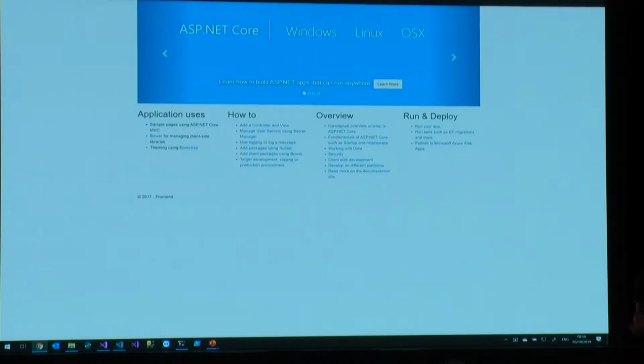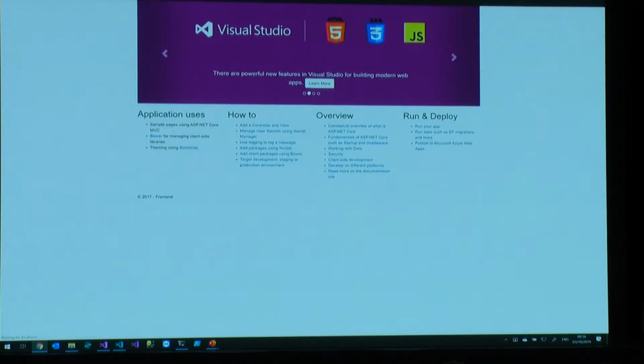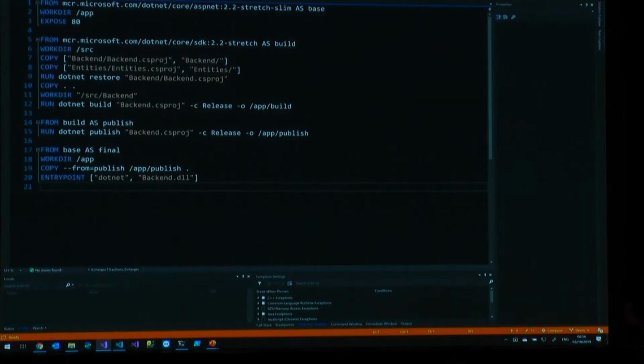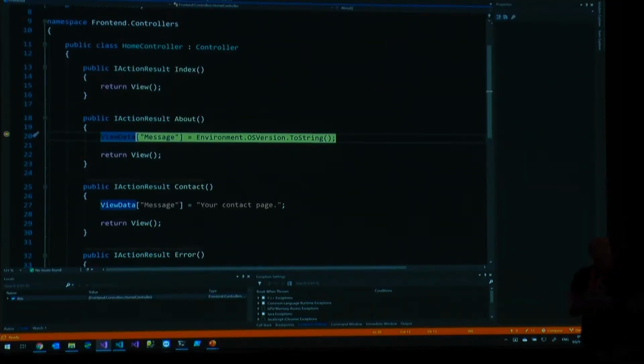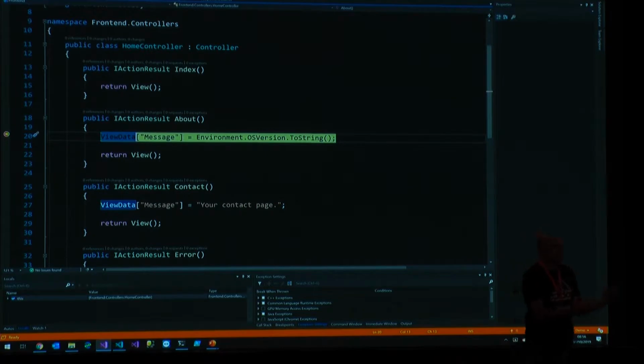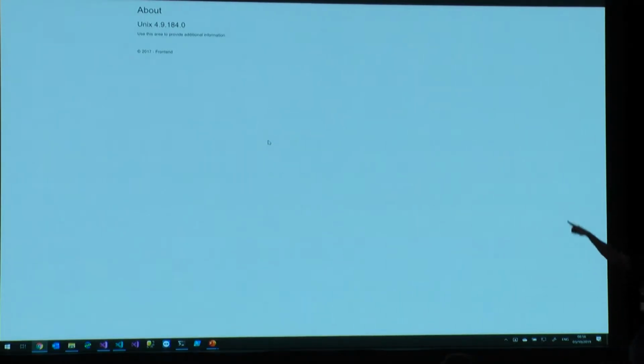Oh, wow, my application is running. Cool, I go to About, and as soon as I go there, I've set a breakpoint, and that breakpoint is being hit. Now, this looks trivial, but it's not, because this is actually running inside a container. So I can do my variables inspection, all the things, but